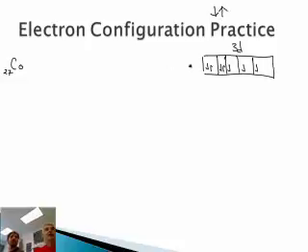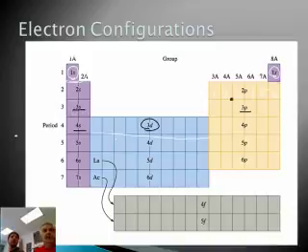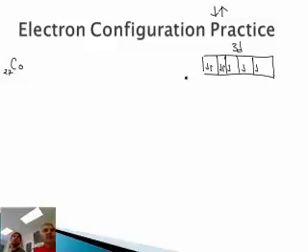Okay, so that's the 3D level, and so if we go back to our periodic table, we're going to go backwards: 4s, 3p, 3s, 2p, 2s, 1s. So everything before 3D we put in. So 4s, I'm going backwards. You've got that page before you. 4s, and then what? 3p,